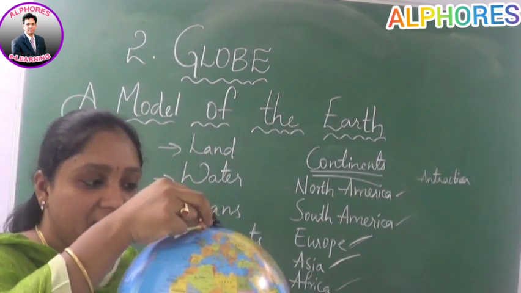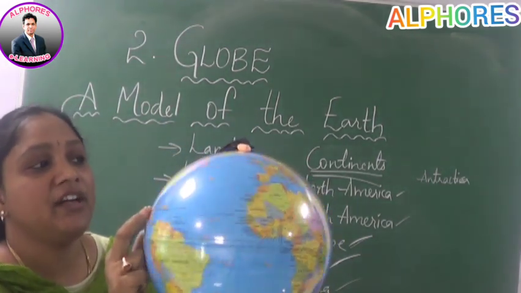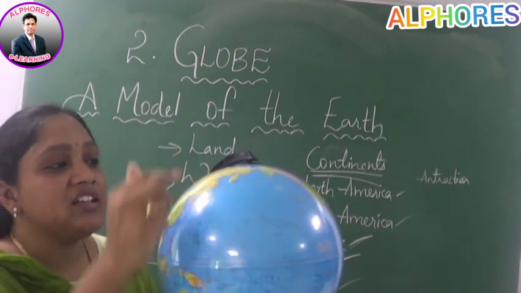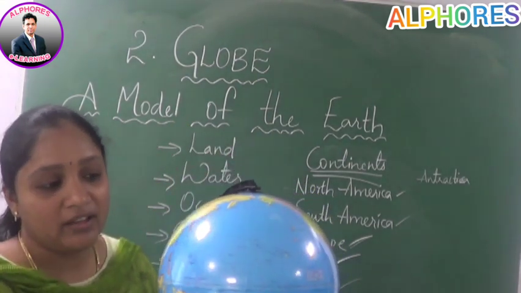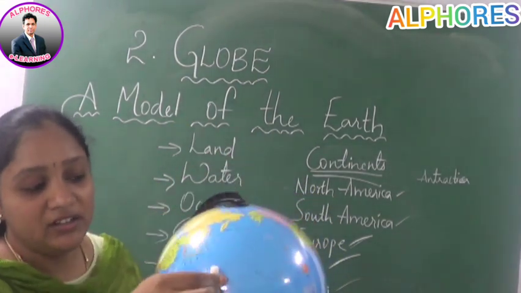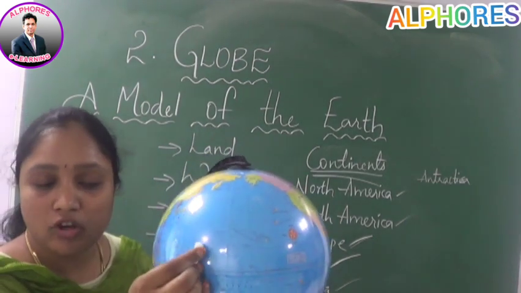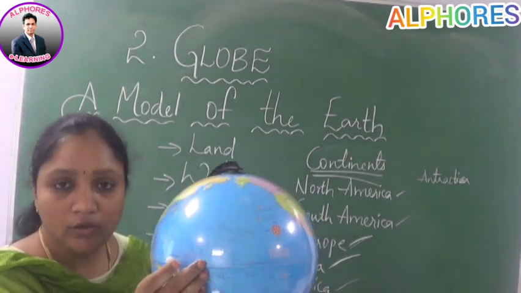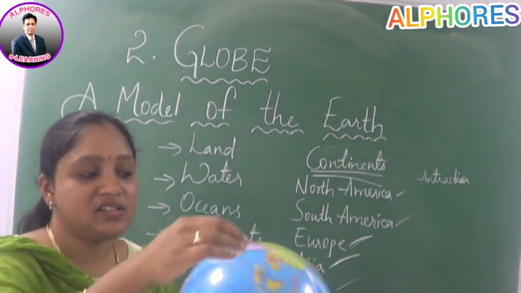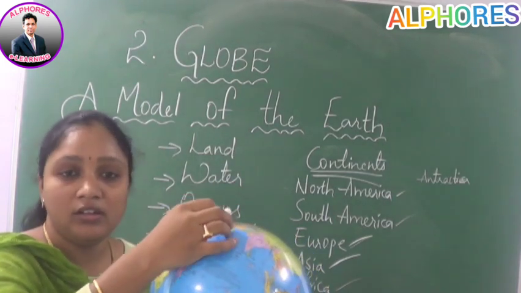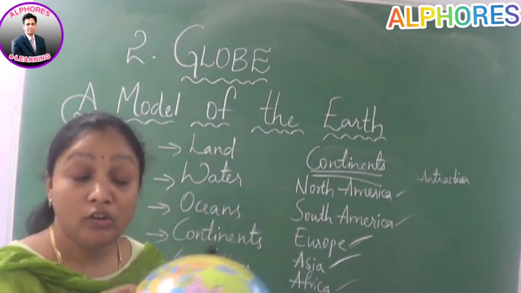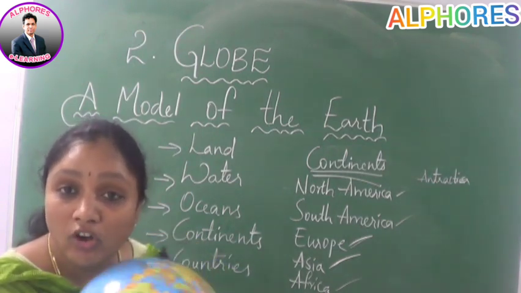For example, if I keep this chalk on this and if I just rotate, as because of this axis line it may happen, but when it comes to here, will it stand? Will this chalk piece stand over here? No. But when it rotates in this way, if I make this chalk over here, will it? Yes. There we cannot fall from this.